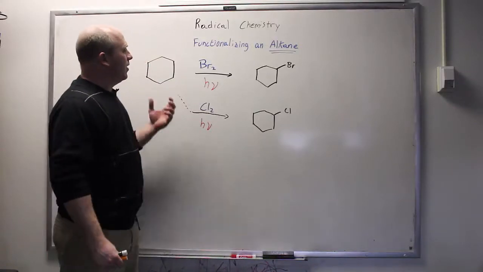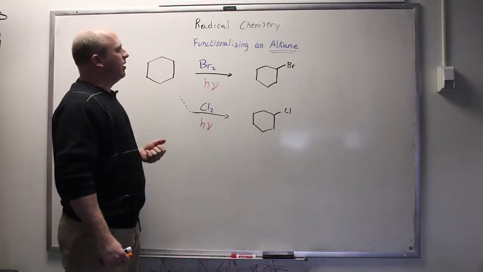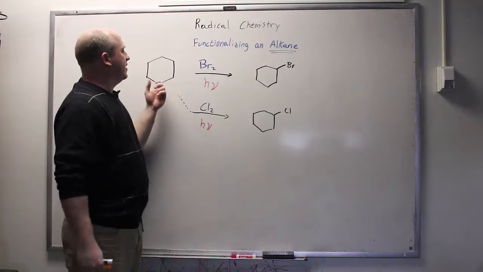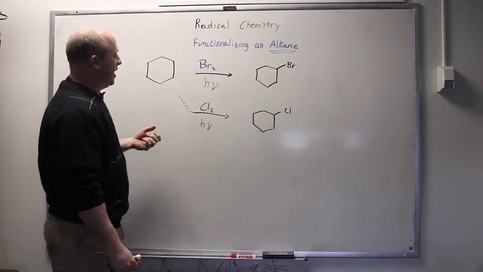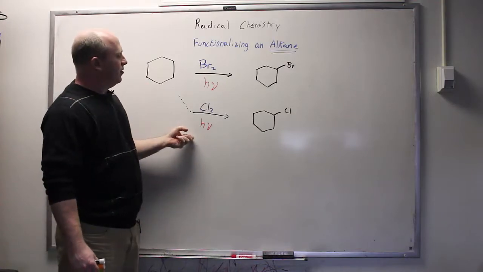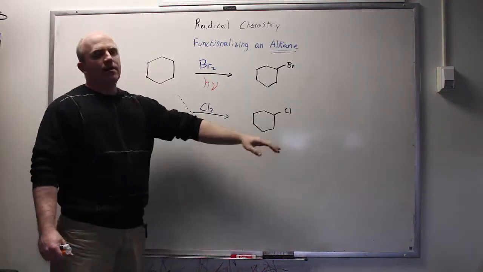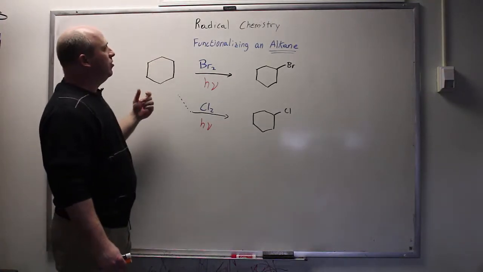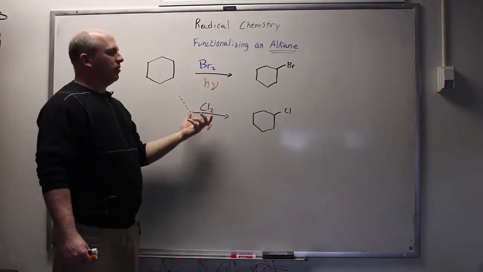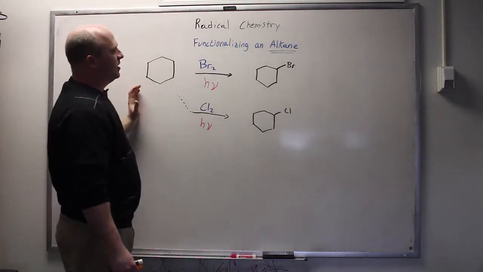You will notice when I showed you the first example of a radical reaction that I used cyclohexane and bromine, much like Professor Pelkey's notes have. And I should also point out that you could use cyclohexane and chlorine to generate the chlorocyclohexane product. Again, the main idea is you can simply use a bromine or a chlorine type species in order to functionalize